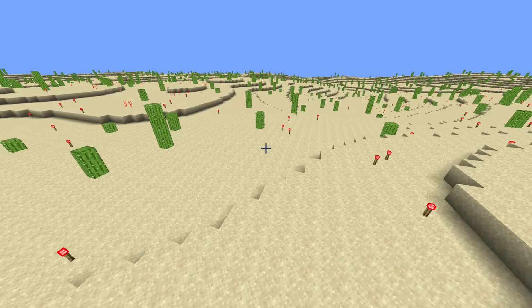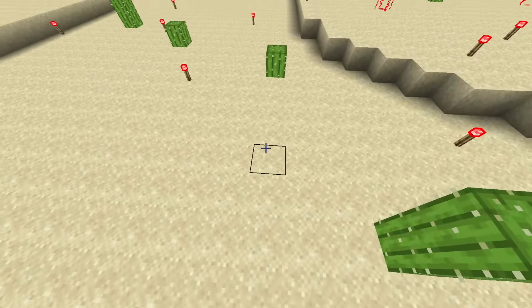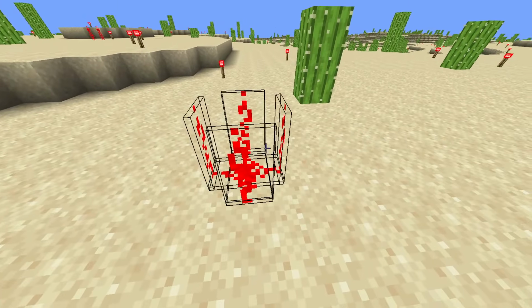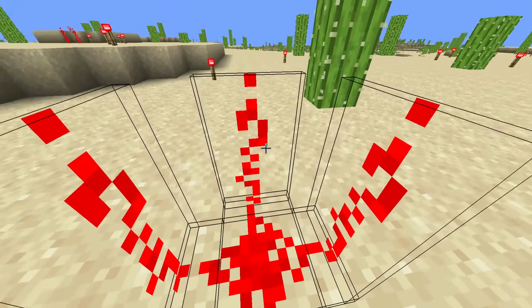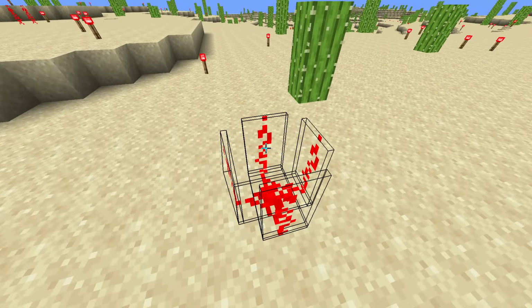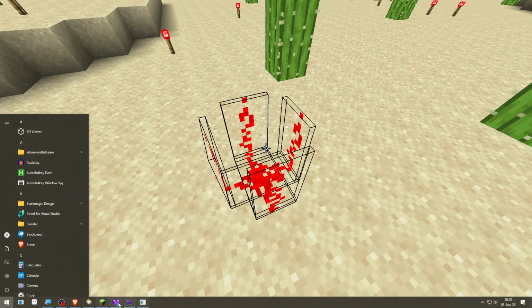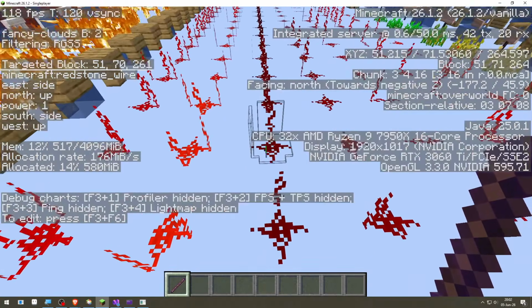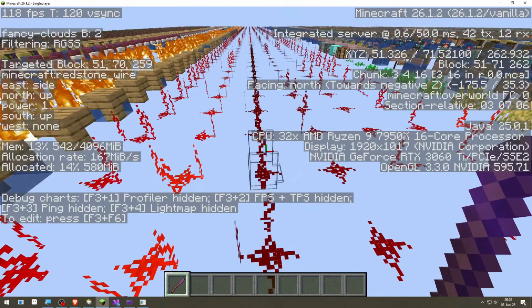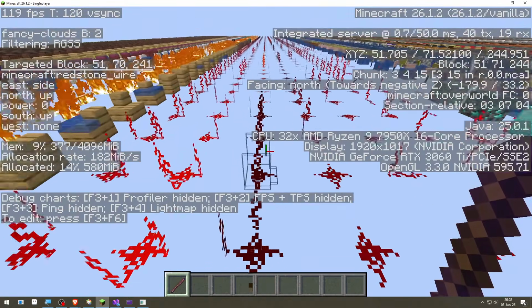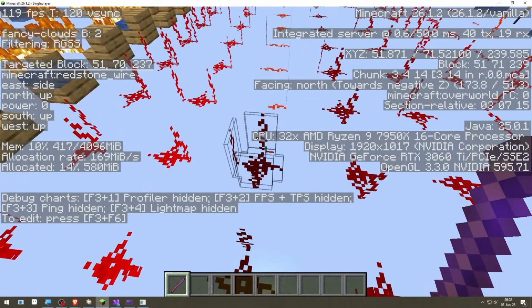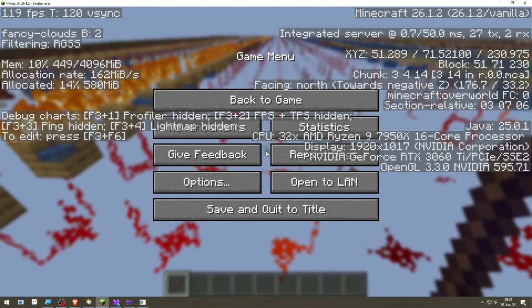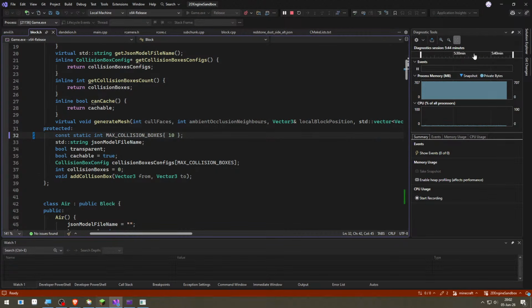But before that, for this stream, we managed to render the mesh for the redstone dust, and we have the collision boxes. The goal for this stream is to generate and manage this metadata. If you look at the top left, every block here has some kind of block state, and it's stored somewhere. We have to figure out where we are going to put this data. And one possible place where we can put the data is